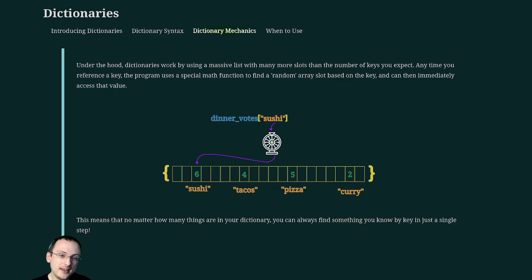And then, any time that we access something or modify something in our dictionary, what your programming language will do is figure out which slot is associated with that particular key. So in our example with these dinner votes, I've got a really big array. I've got this list that has dozens and dozens and dozens of items in it, but most of them are empty. And if you say, well, I want the dinner votes for sushi, then what is going to happen is